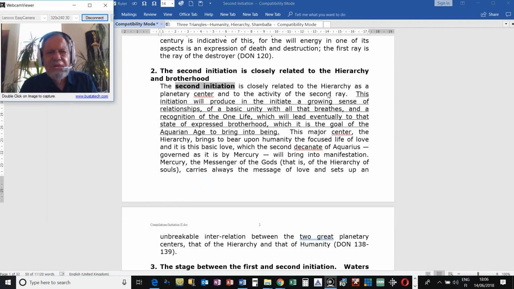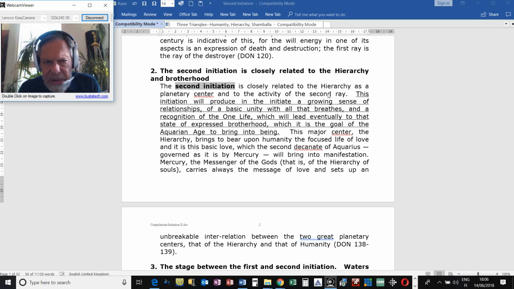decanate of Aquarius, the last 720 years or so out of the 2,160, which is the usual span of an equinoctial age, and that is ruled by Venus, which probably has a pretty strong second ray personality and a sixth ray second ray monad. So obviously at this initiation it would be very important in helping the mind, the higher mind, especially the soul mind, to bring calmness and the Christ life into the astral body. Quite interesting that